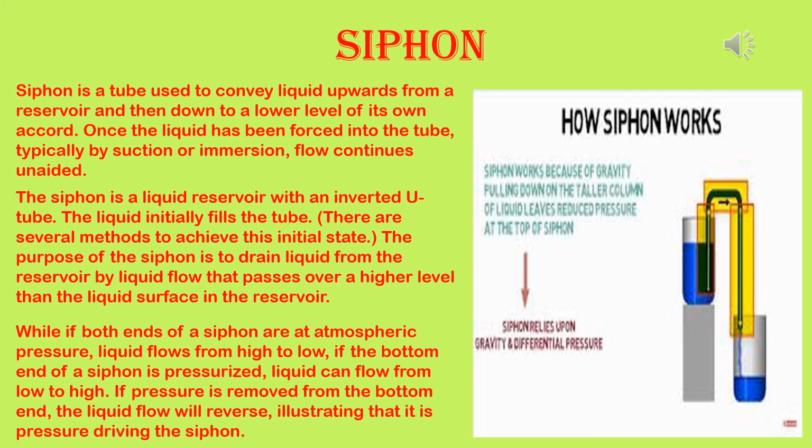So, conditions of working of a siphon. One, the liquid levels should be different so that liquid flows from the higher to the lower level. Second, a siphon acts under atmospheric pressure, so it will not work in vacuum. Number 3, the rate of flow of liquid will not change if the atmospheric pressure changes, because the pressure difference which controls the flow is (H2 minus H1) rho g. This expression doesn't contain atmospheric pressure.